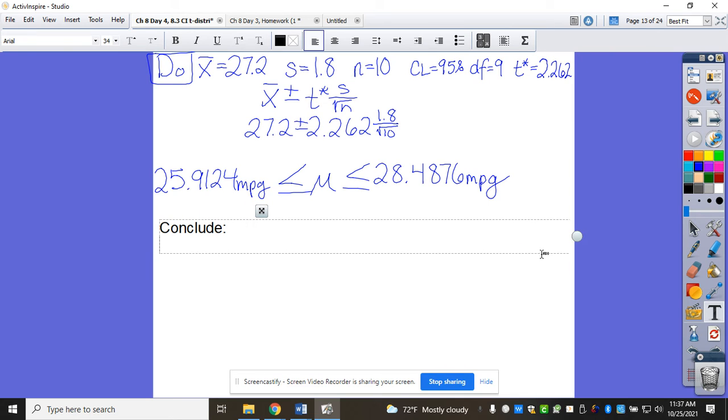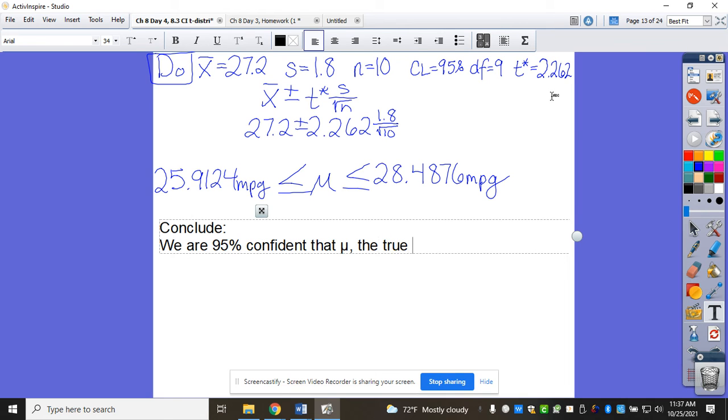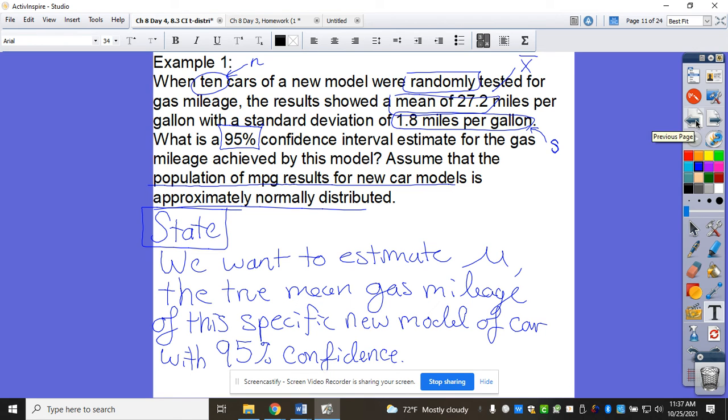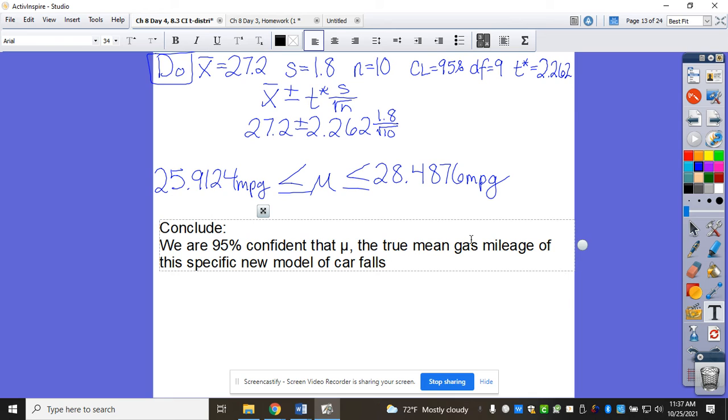So where does my conclusion start? I'm just going to go ahead and start writing. I think some of y'all are writing. I'll go ahead and type it out. We are 95% confident that mu, the true mean, I'll write the same way I wrote it before, gas mileage of a specific new model car, falls between